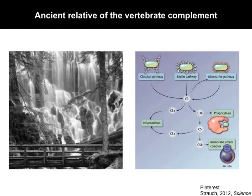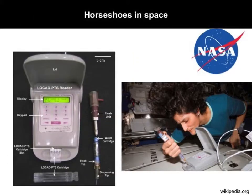And so this is just what has come 450 million years later. So this even has applications in space because it's so simple and so sensitive. They use it to protect astronauts. So shown here is the lab on a chip applications development portable testing system, and you inject a sample in there and it tells you if there's any bacterial contamination, and so they use it to protect the astronauts